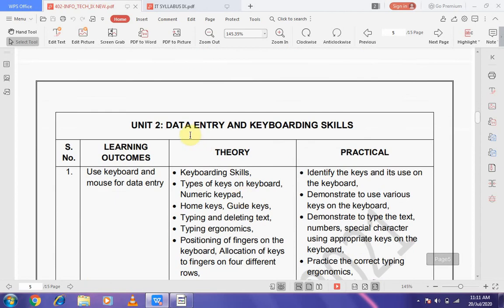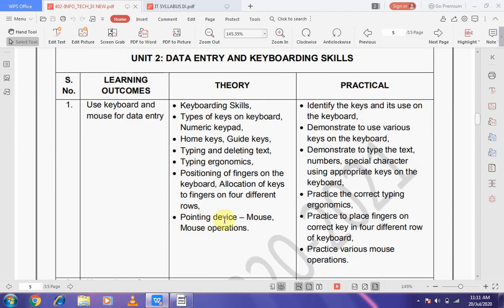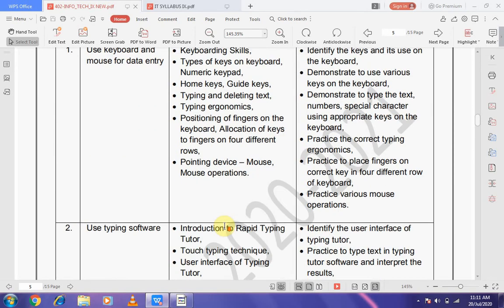Again, if we discuss data entry and keyboard skills, in this topic we have to study about keyboard skills, types of keyboard, keys in keyboard, numeric keypad, home keys, guide keys, typing and deleting text, how we can type and delete the text, typing ergonomics, positions of the fingers on the keyboard, allocation of keys to fingers on 4 different rows, pointing device, mouse operations,